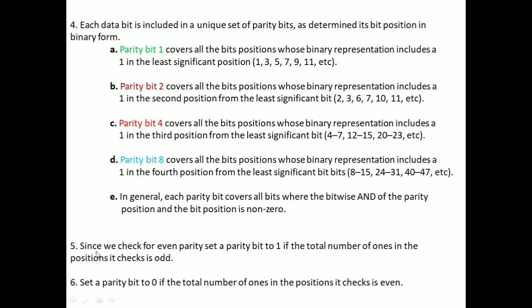And the fifth step in the algorithm is, so we know that we are going to follow two types of parities, that is even parity and odd parity. Let us assume that we are following even parity. So in solving the problem also we will assume that we are following even parity. If there are an odd number of ones, what we will do? We will put an extra one. If there are an even number of ones, we will append a 0, right? So these details are given by step 5 and step 6.